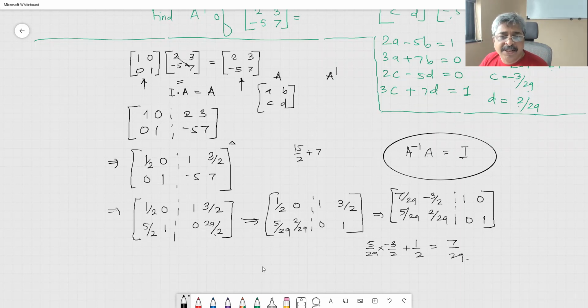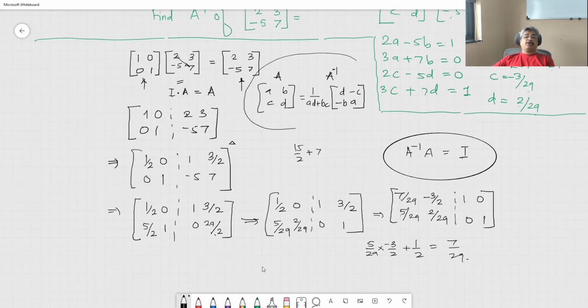So if A is this, then A inverse would be equal to 1 upon AD minus BC, that is the determinant of it, multiplied by D, A; you flip them and change the signs of the others: minus C, minus B. This is going to be A inverse. If we multiply these two, A into A inverse, we will end up getting the identity.